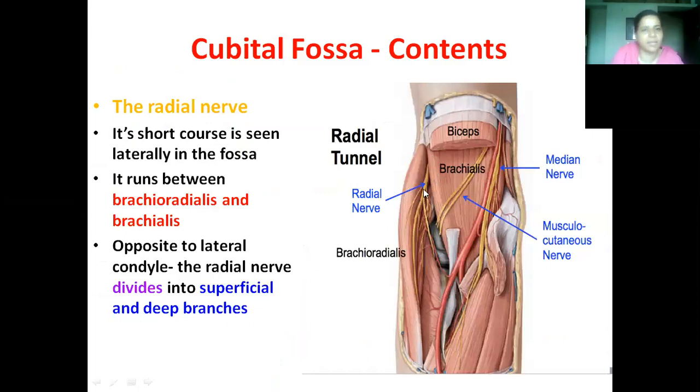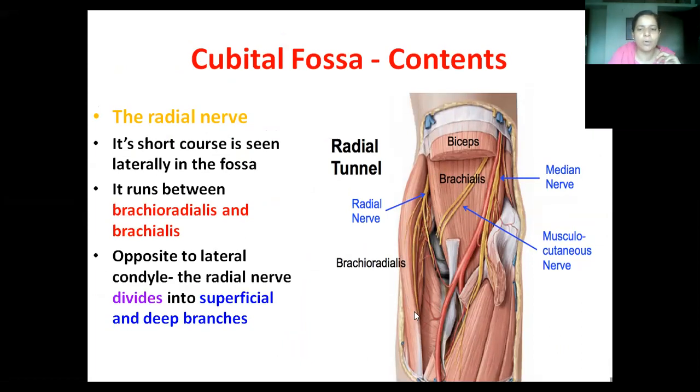I said radial nerve. A short course of the radial nerve is seen in the cubital fossa: median nerve, brachial artery, biceps brachii tendon, and the last one is the radial nerve. Actually, this is running between the brachioradialis, this muscle, and brachialis. This is our brachioradialis and this is brachialis. Between these two, the radial nerve is running, and you can see it is actually dividing into two branches. The one which is running below brachioradialis is the superficial branch, okay, and the one,